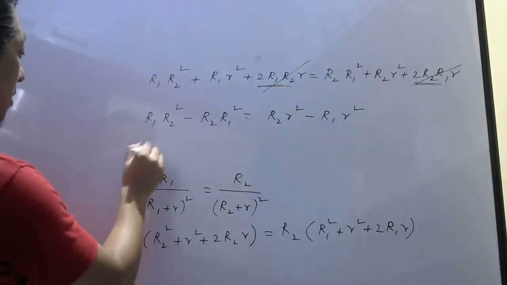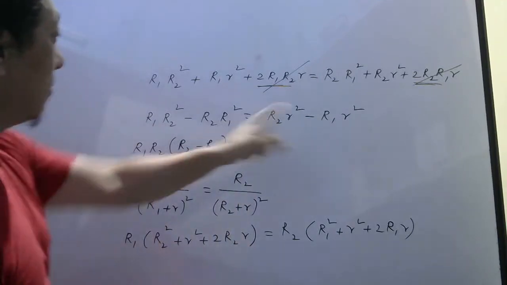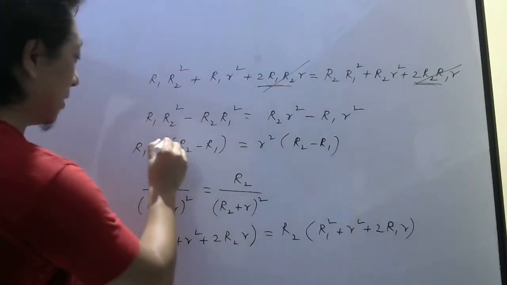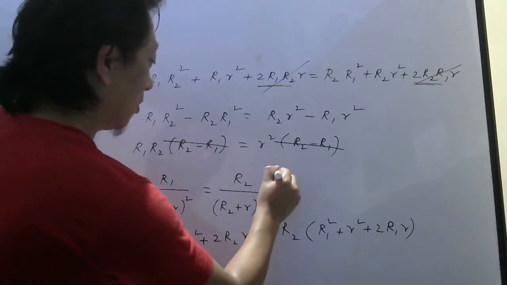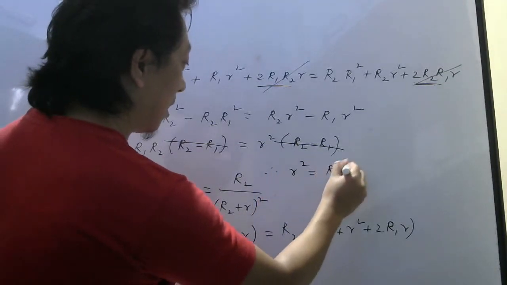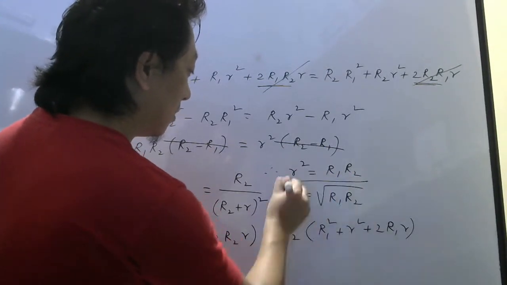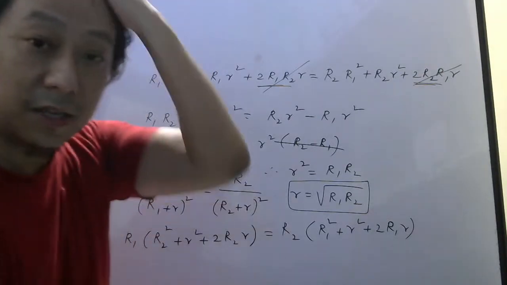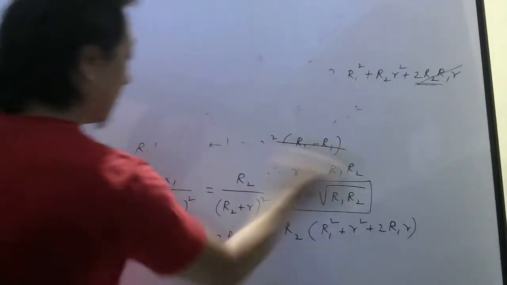Here let me take R1 R2 common, so it will be (R2 minus R1), and here let me take small r square common, (R2 minus R1). Easily you can see R2 minus R1, R2 minus R1 will cancel. So therefore small r square will be equal to R1 R2. So small r will be square root of R1 R2. So this will be the internal resistance if the power consumed by the two resistors separately are equal. Okay, so you can check which option it is. Pause the video and write please. Okay,